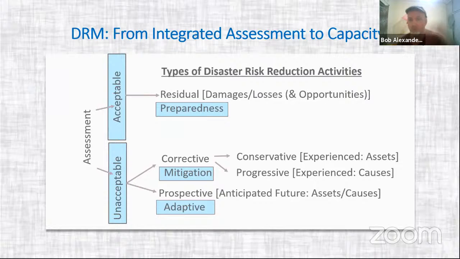We're going to do risk reduction up to a certain level. And then for some of it, we need to just accept that there are certain risks and be prepared. And for that, we have residual risk reduction. There will be some damages and loss. And for those, we have to be prepared to respond and do things to minimize the losses and the disruptions then. And hopefully, opportunity through disaster, even though it's a terrible thing for us to think about in the immediate